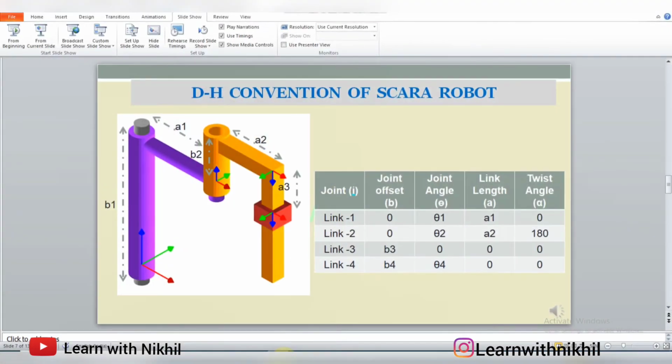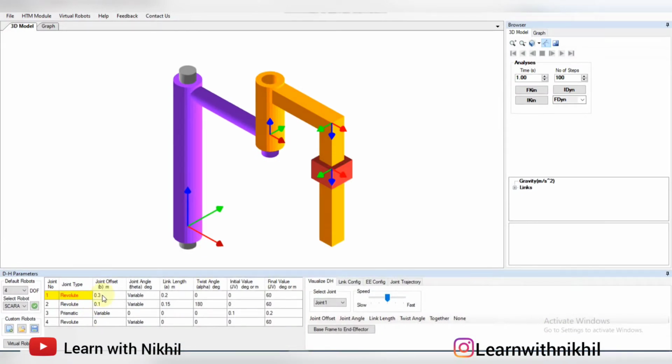The joint offset you can see we have considered as 0, but here some value is given, you can just check it out. So this is the joint offset first, this is the Z axis, X axis, Y axis. When I click on joint offset, it travels a distance of 0.3 meters. So this is the first stage, we have to transfer this coordinate frame from here to here.